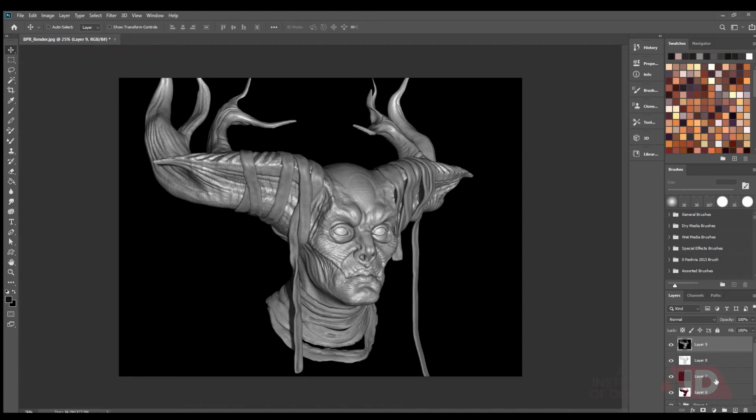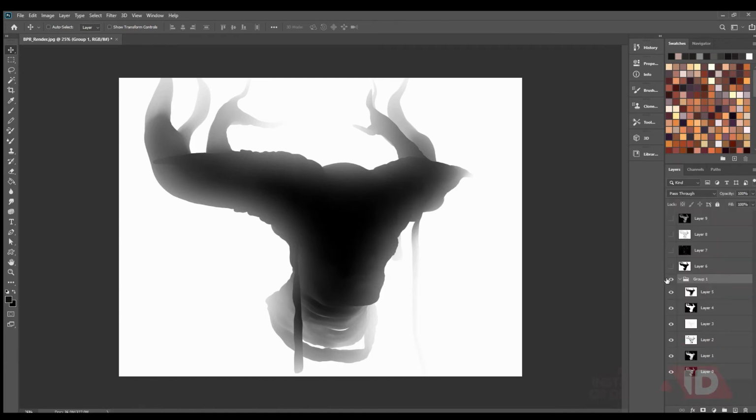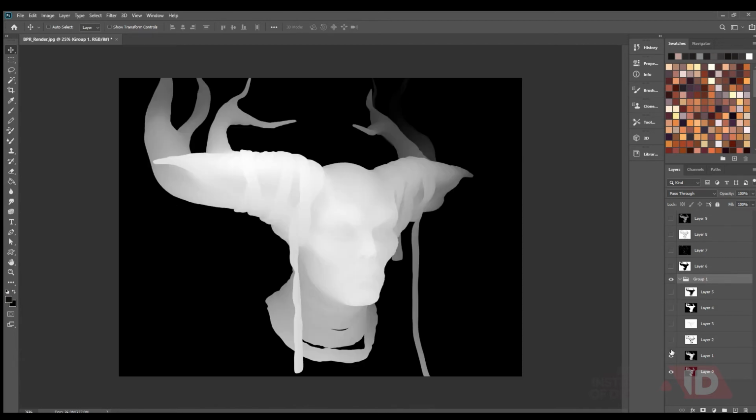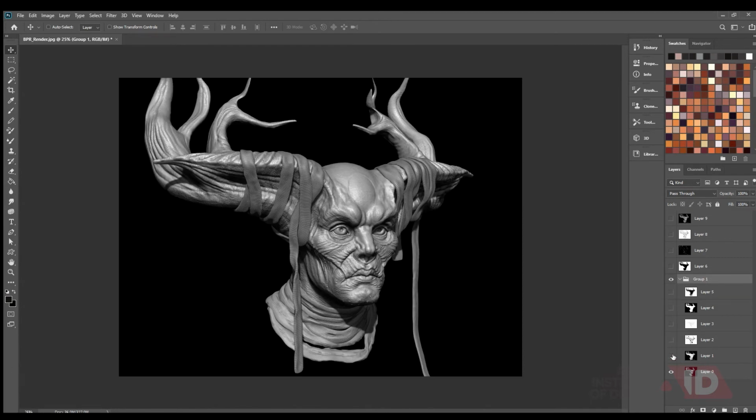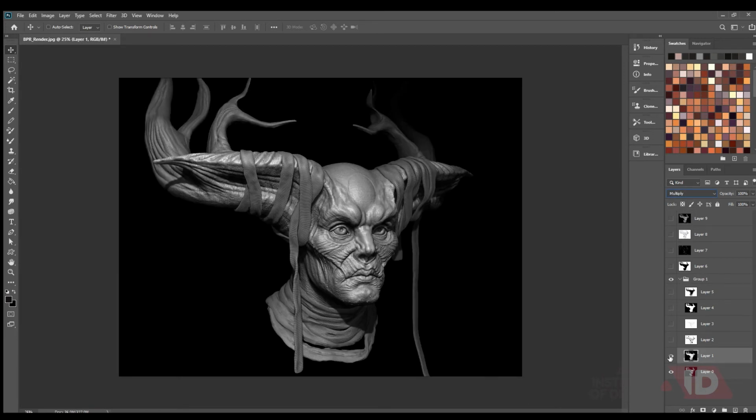So I'll switch off and switch on my base layer. This is my base and this is my depth, so I can just simply multiply this to get the better depth. You can see nice depth.